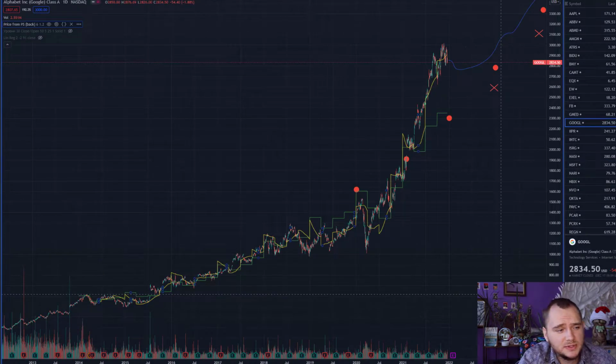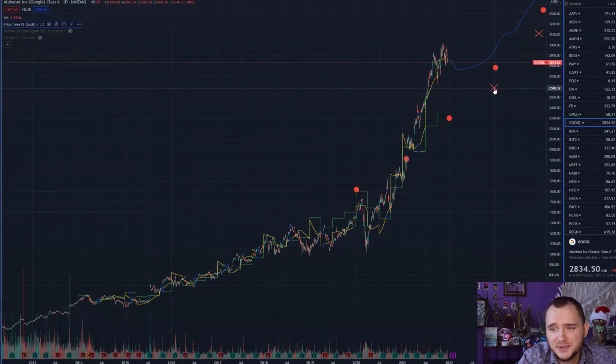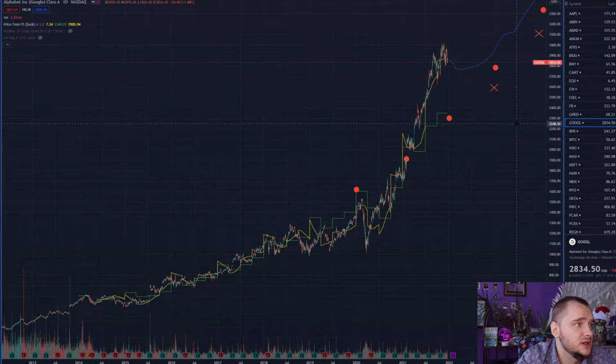Next one, Google, and it is super sweet because the green line is absolutely the same as the chart, and you can see these red dots, it is manual, and it is the first stock where we can see positive numbers. In 2 years it will be plus 10% or something like this, with price to sales 6 and CAGR